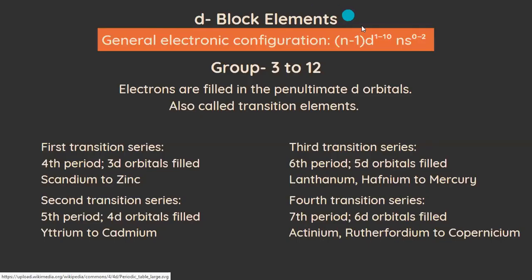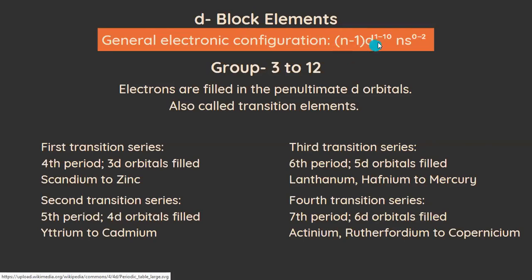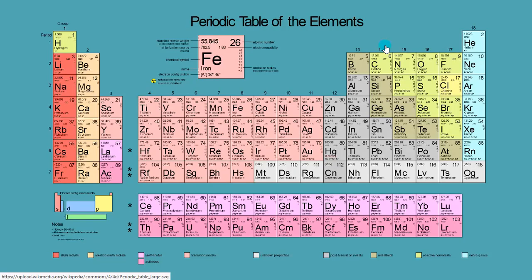And that's why we have n-1 d. So in our fourth period, the third shell's d orbital is going to get filled. So n-1, d 1 to 10. As we go from left to right, it goes from 3d1, 3d2, 3d3 to 3d10 for zinc in case of the first